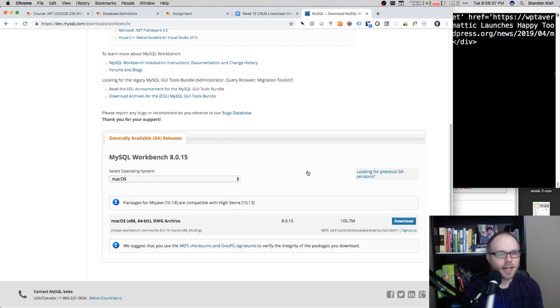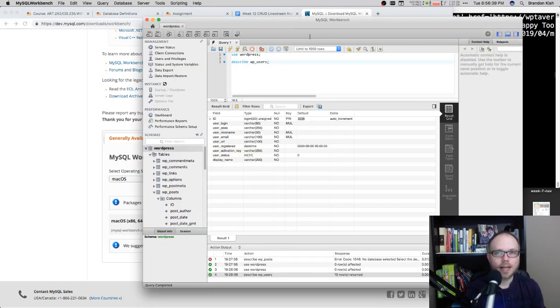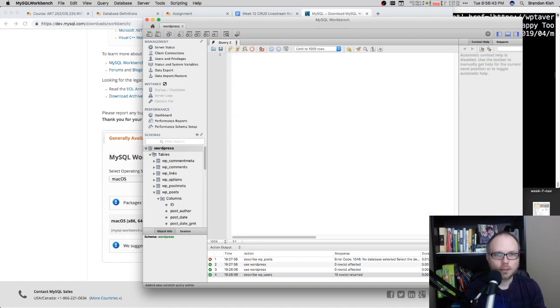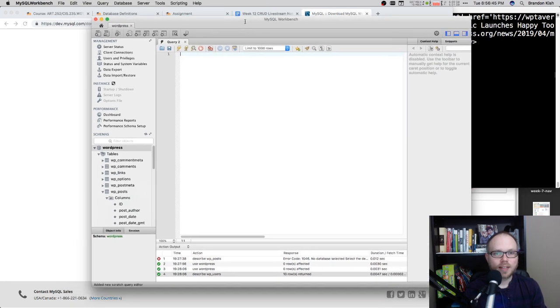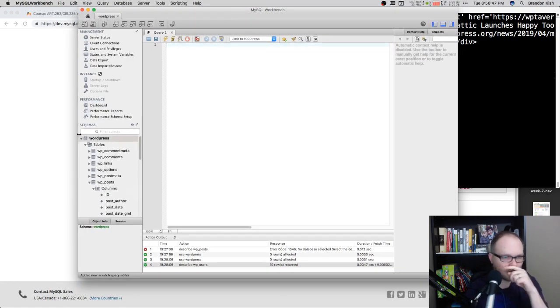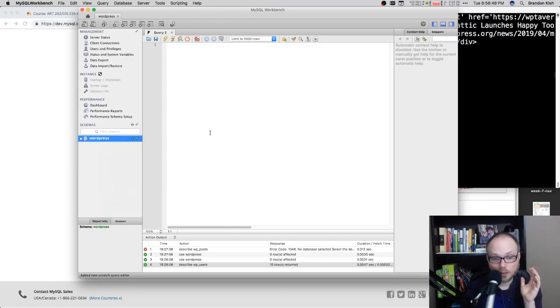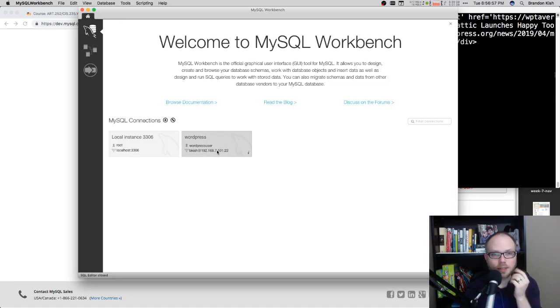And so the version that I have on my computer running right now, let me close this. The version that I have running right here, this is MySQL Workbench. I'm not even sure if this is what it would look like if you were to download the latest version and install it. It is nice to use a graphical tool, though. The way this works is you can define connections to different MySQL servers. I created one for the WordPress database.